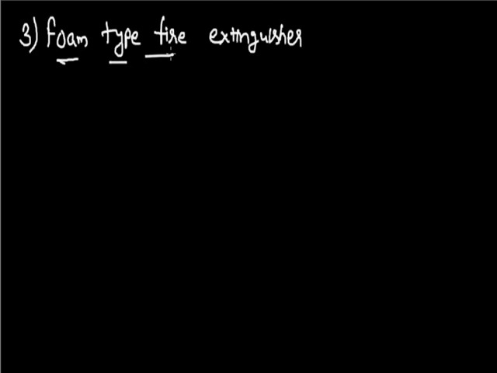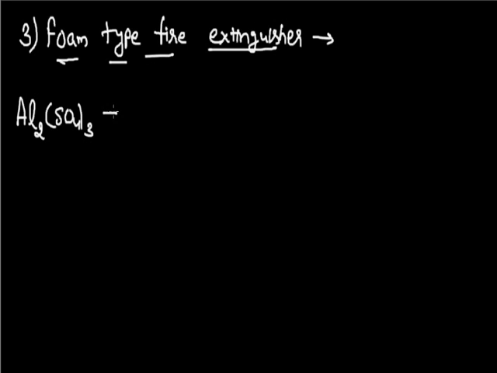In this foam type fire extinguisher, this carbon dioxide gas exerts a high pressure and comes out in the form of foam. Since it comes out in the form of foam, it is in a highly stable form and it covers the combustible material for a long time. To produce this carbon dioxide in the form of foam, we take two reactants, and the very first reactant is aluminium sulfate with the formula Al2(SO4)3.